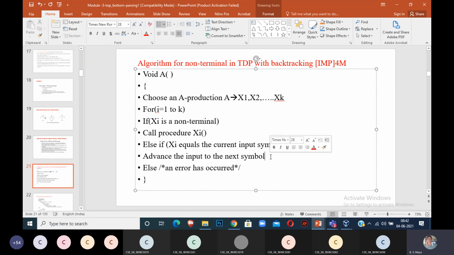If it is not a non-terminal and it is not matching my input, then you call the error function. There are three actions that can be done. One, it is matching. Second, it is a non-terminal, so replace it with another production. Third, it is not a non-terminal and not a matching terminal symbol, then you call the error function.